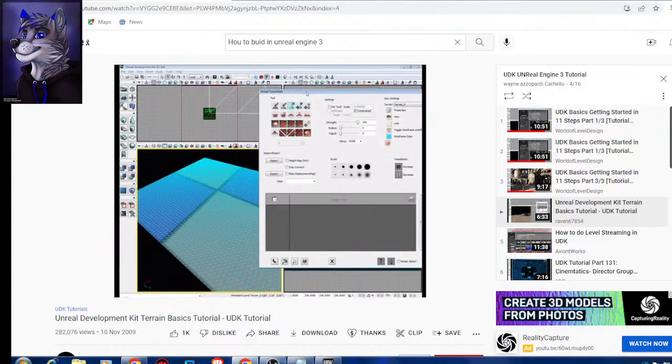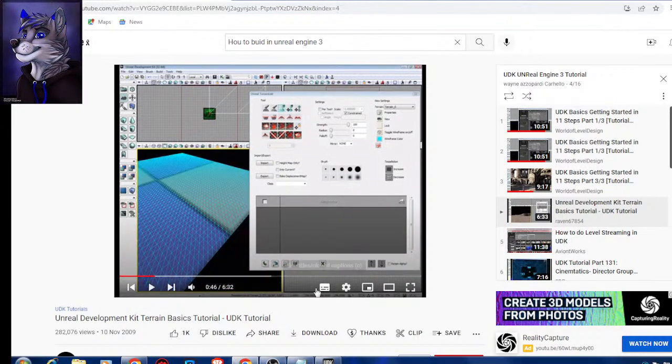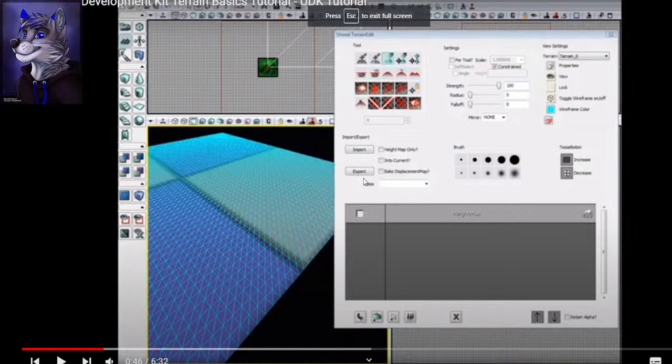Alright, editing the height map in Unreal is quite simple. Make sure you have the paint tool selected. Select any brush size you want. Hold Control. And so wait, I'm trying to learn the basics little by little so I can then practice that